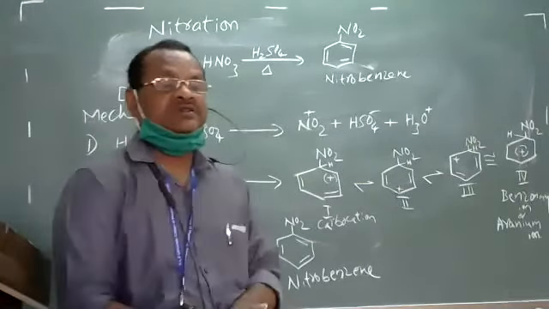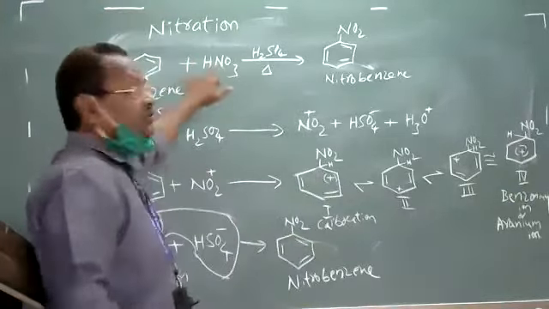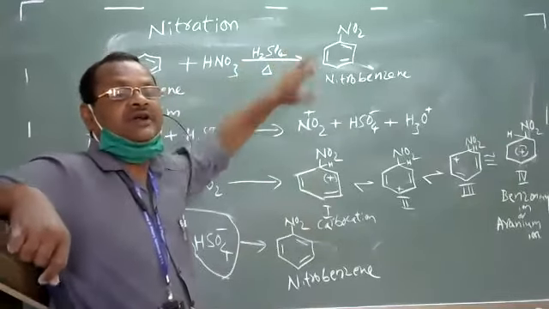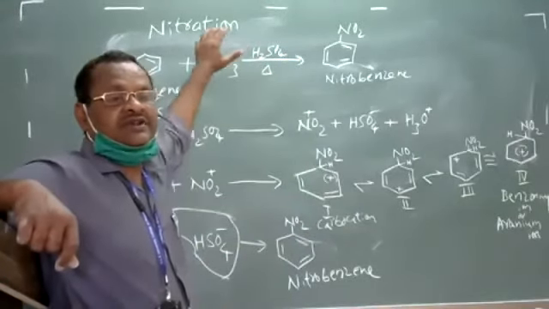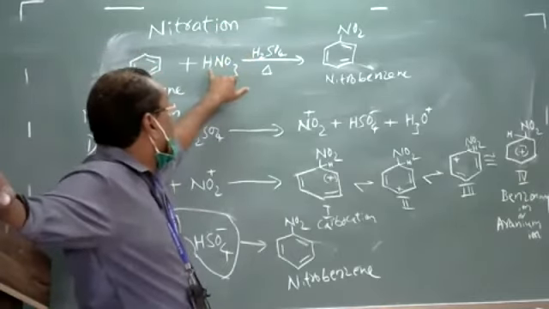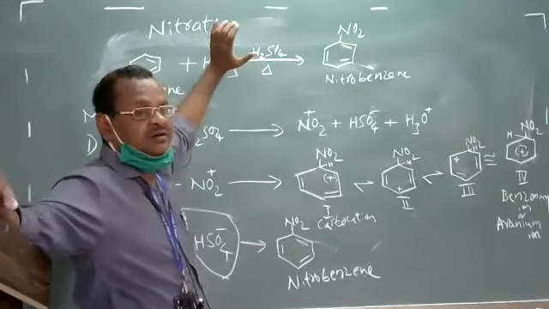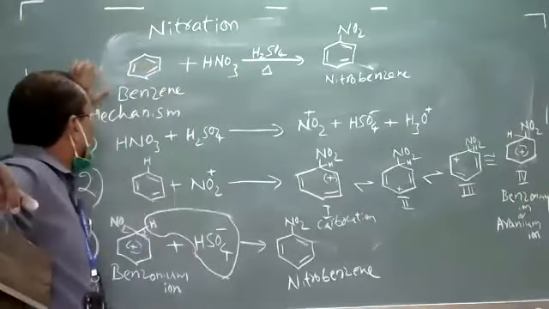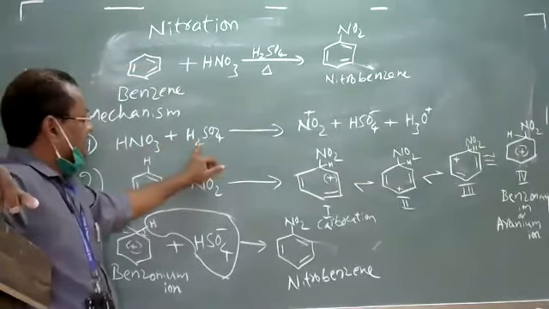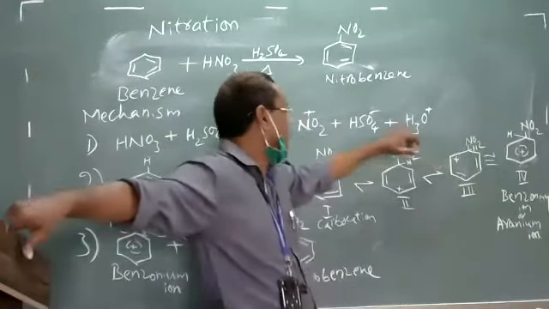And I'll just repeat this once again. Nitration reaction means the benzene is going to react with nitric acid in the presence of sulfuric acid. When you heat it, it forms nitrobenzene. This reaction is known as the nitration reaction, nitration of benzene, and the mixture of 2:1, 2 moles of nitric acid, 1 mole of sulfuric acid, is called the nitrating mixture. Coming to the mechanism, in step 1, the nitric acid and sulfuric acid are going to react with each other to generate nitronium ion, bisulfate base, and protonated water.